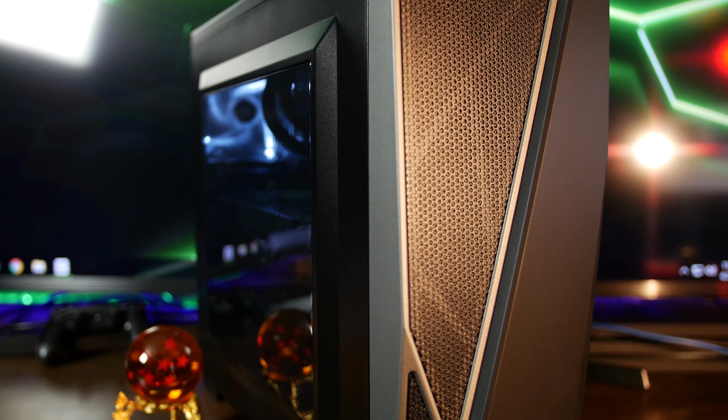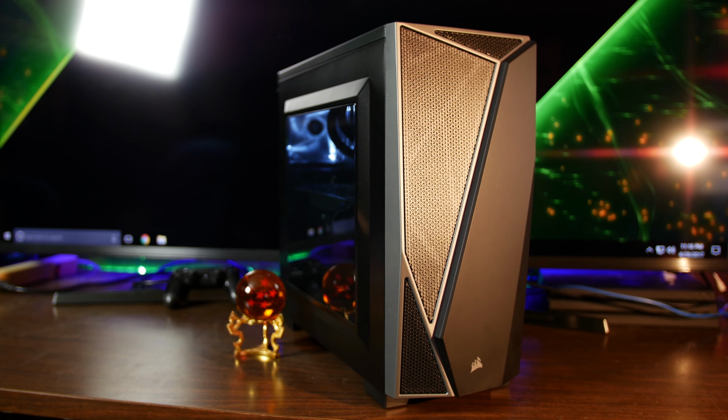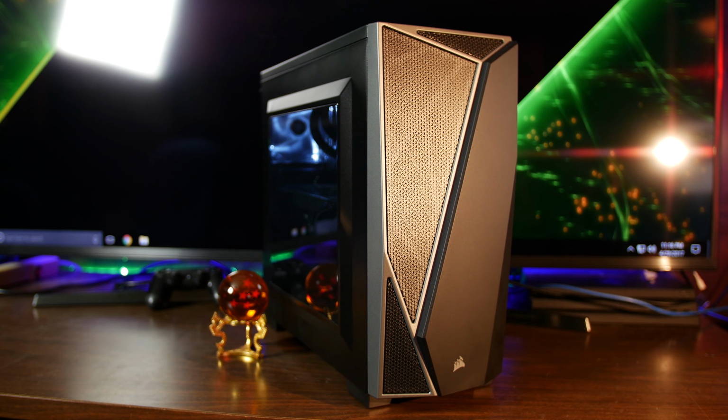For those of you in the market for a wallet-friendly build, Corsair just might have something spectacular for you. Corsair sent their Carbide SPEC-04 mid-tower case over to me to get my perspective. And with this aggressive, angular front panel similar to what you see on their Spec Alpha case, it's hard not